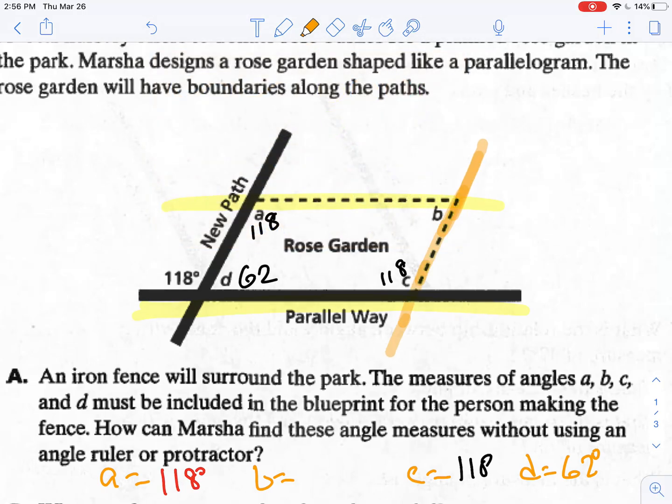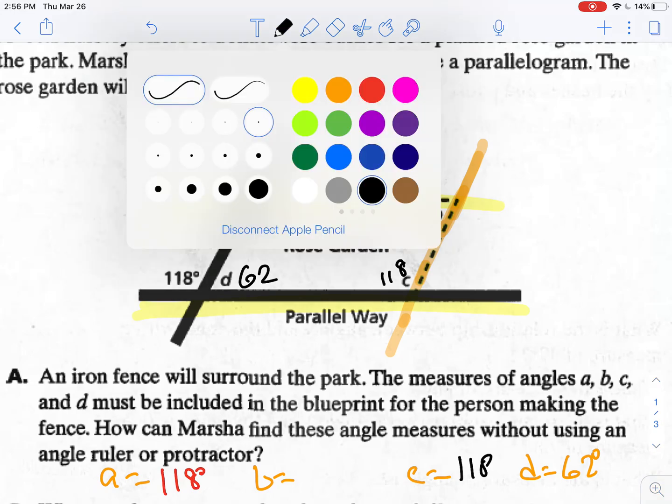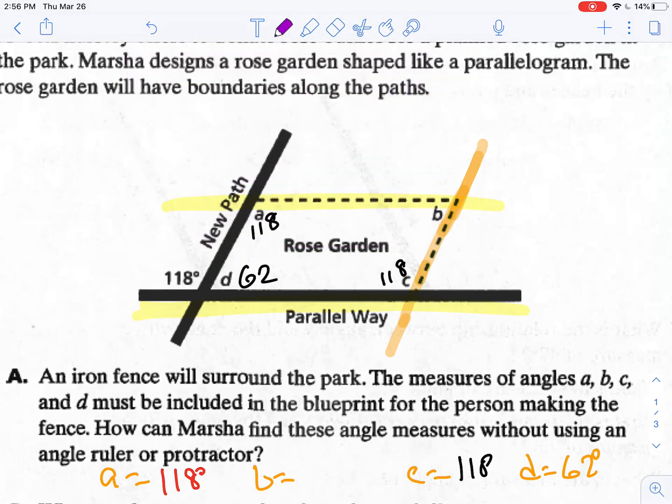Here we have parallel lines. And here we have a transversal. Parallel lines are the yellow ones. The transversal is the orange one. All right, this angle and this angle are, you should be able to name this, they're corresponding angles. They're like twins. If you cut the bottom one out, it would fall right on top of the top one. So this angle right here is